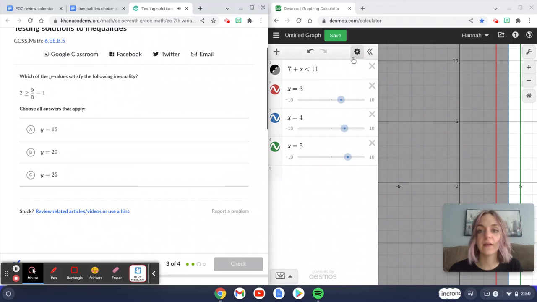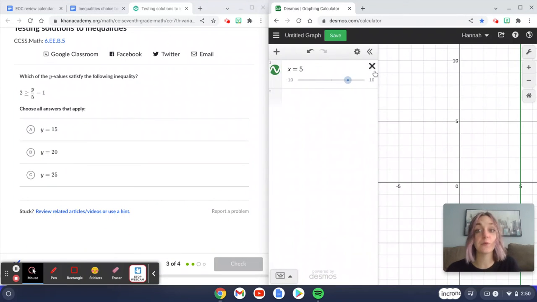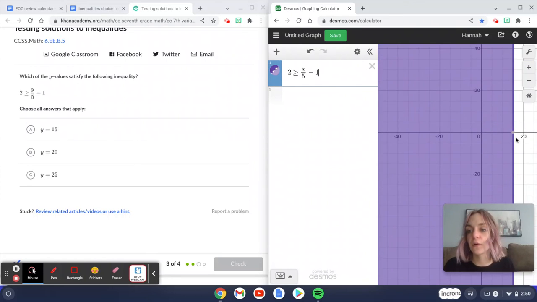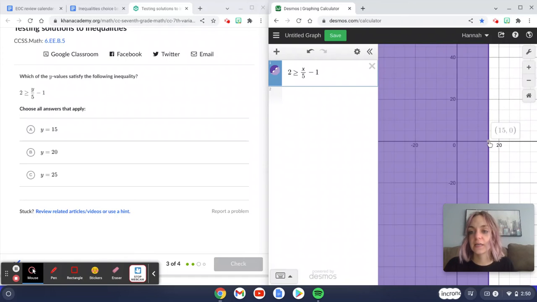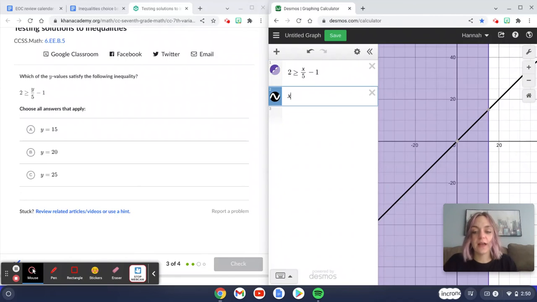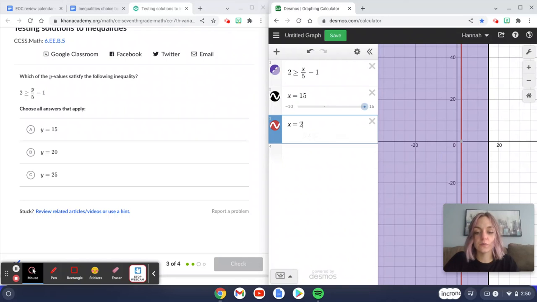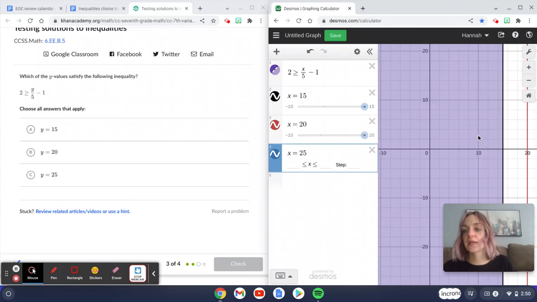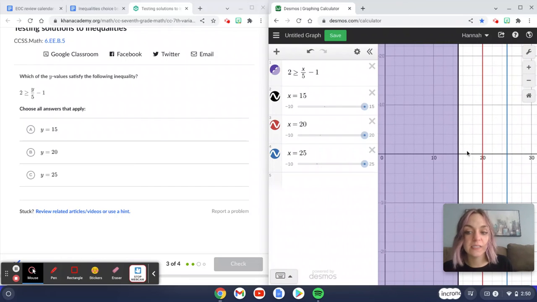Okay, finally, again, I said this last time, but we will do one more. 2 is greater than or equal to x over 5 minus 1. Scroll out until I see where my line is. And I need to know if x equals 15 is a solution, if x equals 20 is a solution, and x equals 25. So looking here, definitely not 20, definitely not 25, because these two lines are outside of the